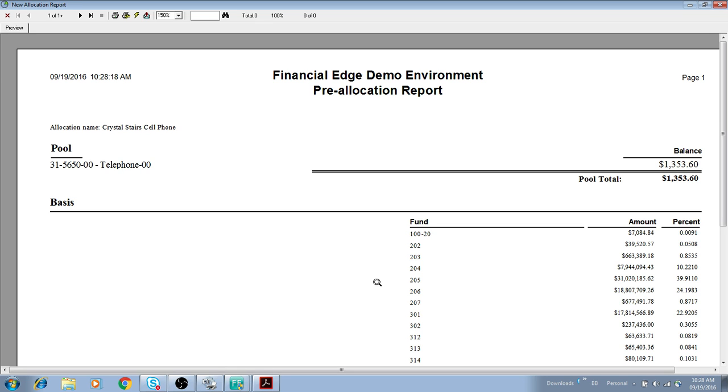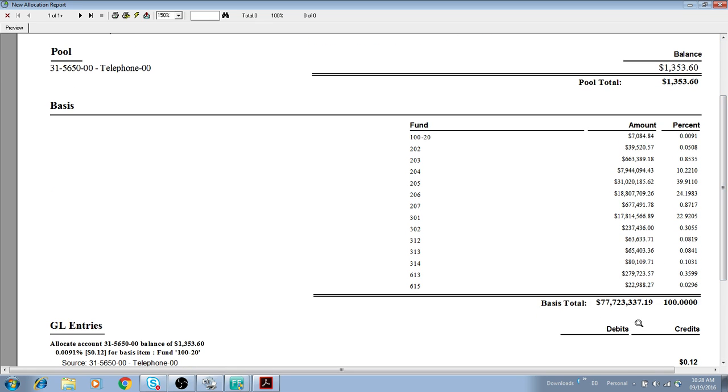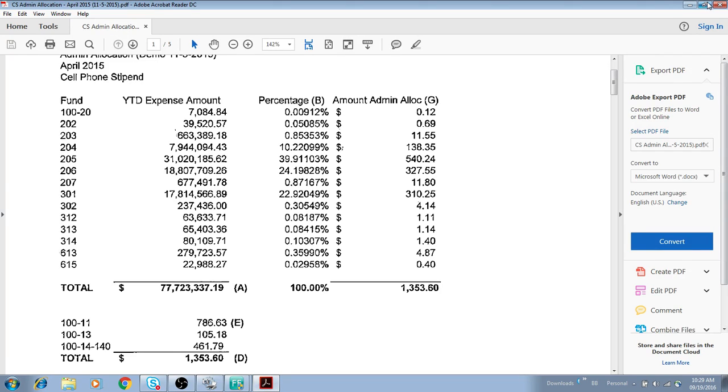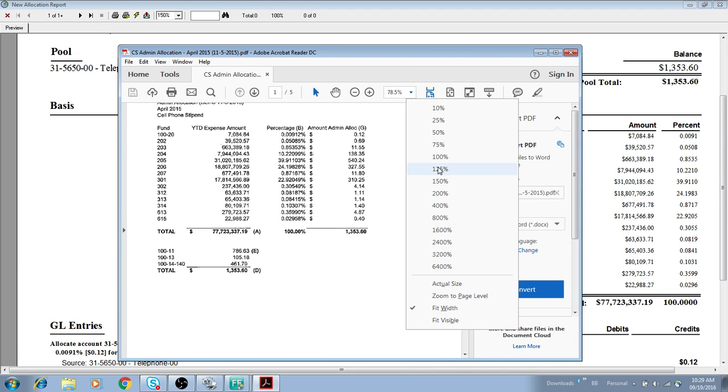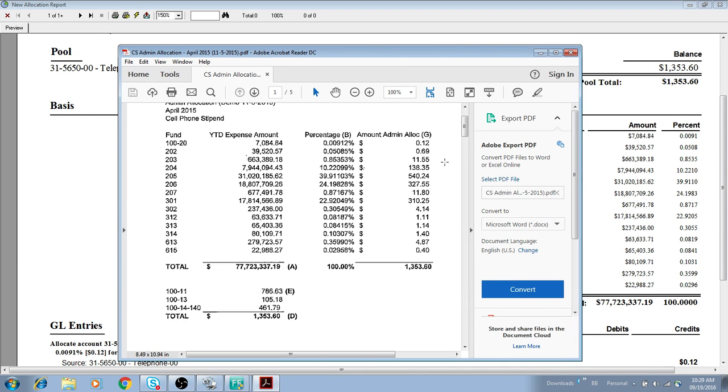The next thing it shows me is what activity that I have in Financial Edge that was allocated to these different funds for that year-to-date time frame that I've identified. This also not only is showing me the dollar amount, but is also showing me each fund's percentage of that overall balance. So this also is in line with what you had shared with us for this particular example, being able to see the dollar amounts, the percentages, all broken out appropriately,